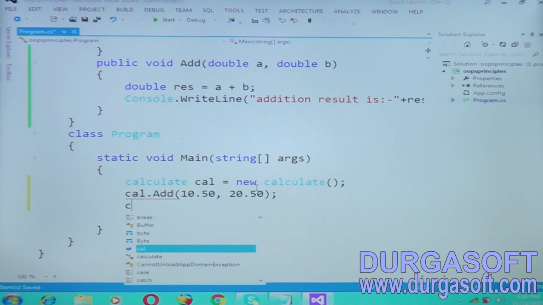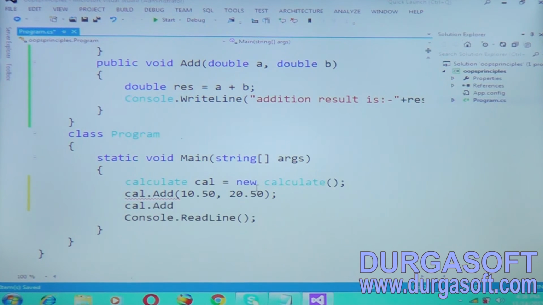Again cal.add. For the second method I want to pass int values, 5 comma 10. Again cal.add. For the third method there are three values, 1 comma 2 comma 3.